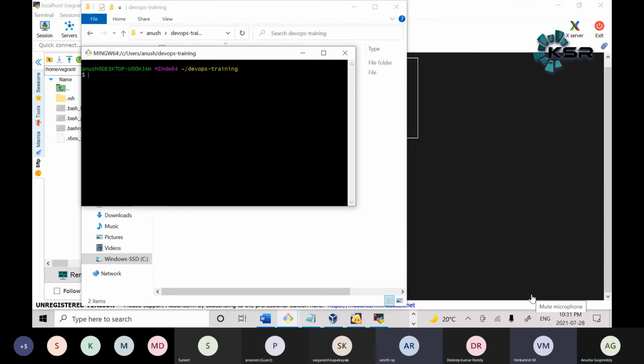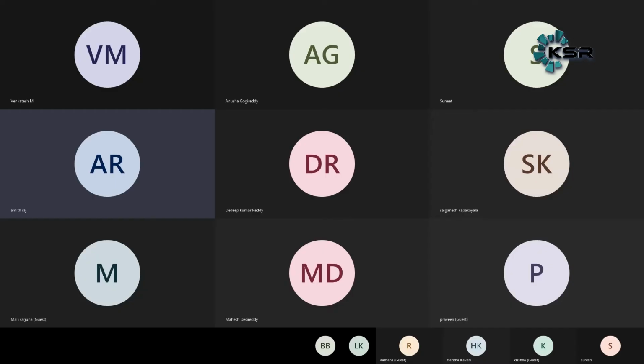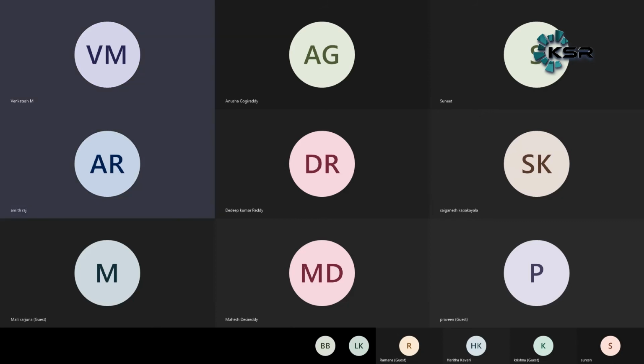Thank you, Venkatesh. Yes, Amit. Is this Vagrant a server? No, this is a CLI tool. Oracle VirtualBox acts as the hypervisor, Amit. It is easy to manage multiple virtual machines at a time using Vagrant. That's why I have chosen Vagrant. This is not a server. You can think of it as a management tool.